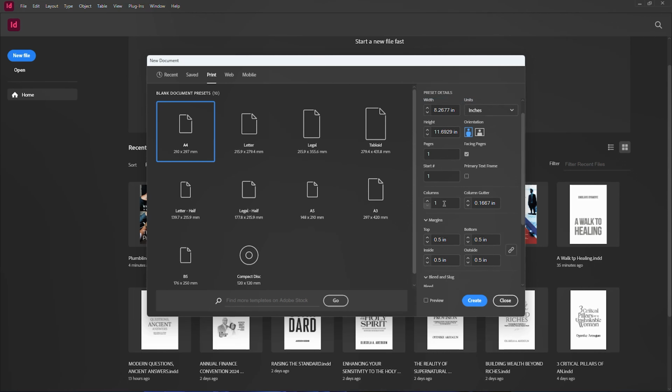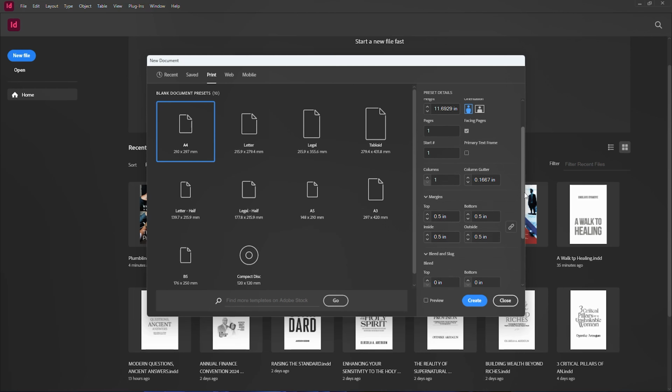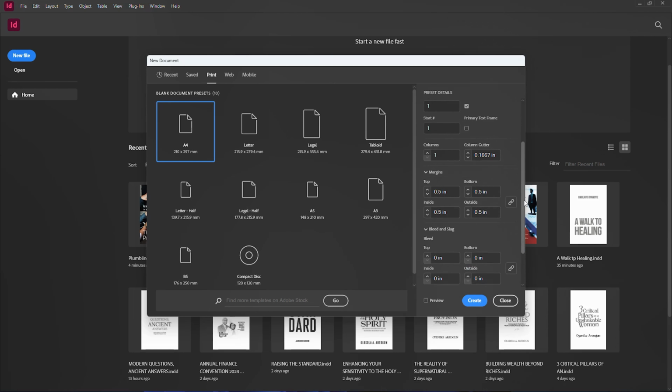And then if we are working on a document that has multiple columns, this is where you specify the number of columns. In case you don't remember to specify the number of columns here, it could still be done when we get into the new file. This is the gutter. The gutter is the space between columns. And then you have